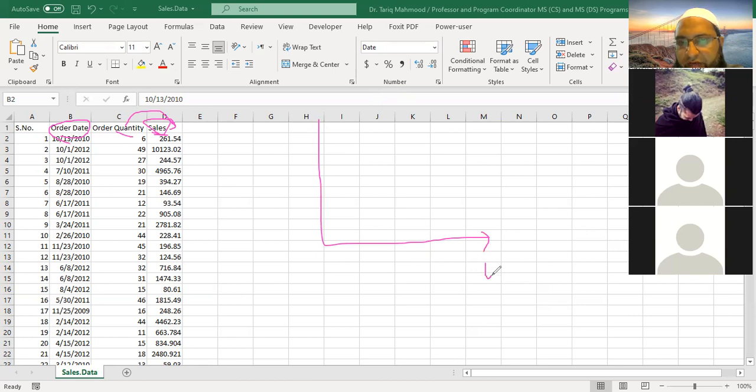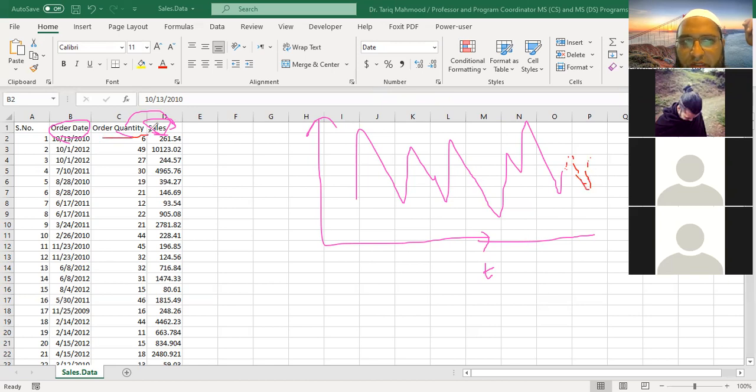So for example, if I have time here and I have sales here and my sales is fluctuating like this, okay, and I'm asked to forecast what is going to happen in the next week. So I might ask the system to generate the forecast, and it might tell me that this is going to be your sales for the next week. That's it. I don't want to use order quantity here. In a time series forecasting scenario, I might just say I don't want to use order quantity. In a machine learning scenario, I might want to use the order quantity along with the sales. It depends on